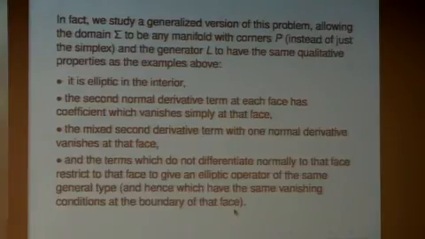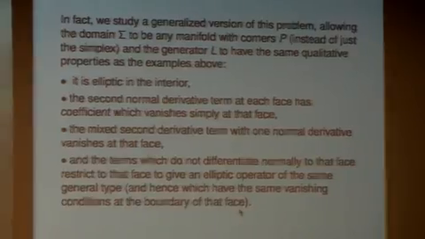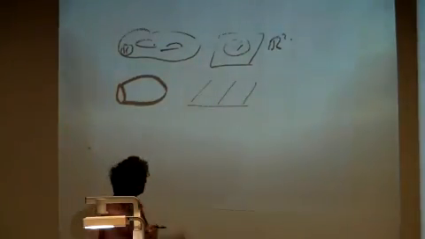Okay, so a manifold with corners is, I didn't talk about this so specifically yesterday, but let me just say a few words. So you're used to thinking of a closed manifold as something where at any point there's a coordinate chart which is diffeomorphic to an open ball, let's say in R^n. So that's the standard definition of a manifold without boundary. For a manifold with boundary, the standard definition is that at any point you're diffeomorphic to an open ball in either R^n or R^n_+, right? So just the half space or the full space.